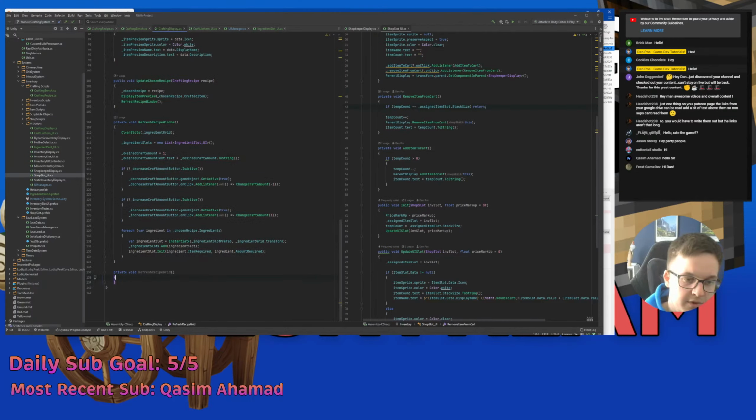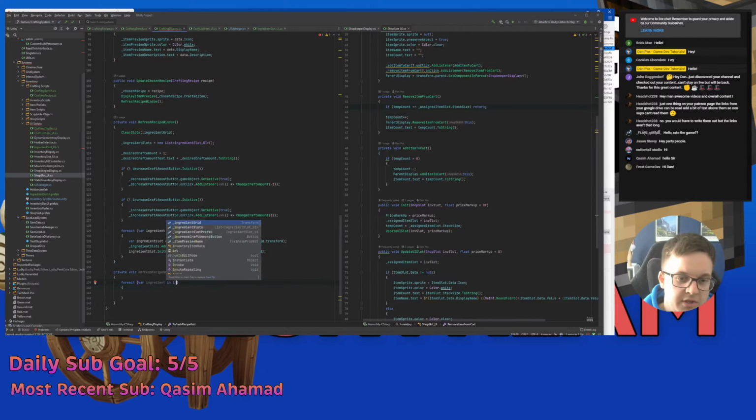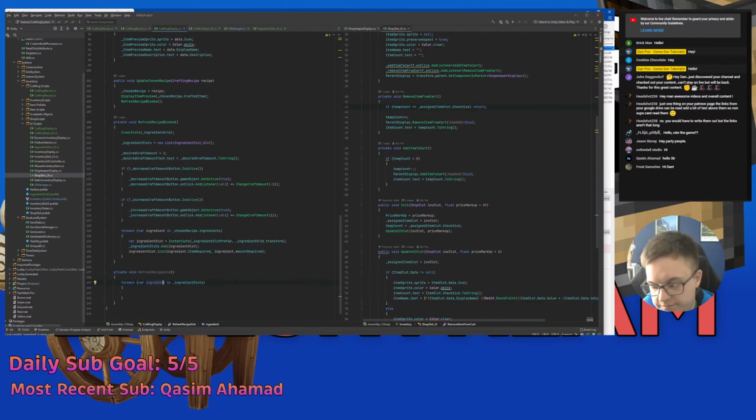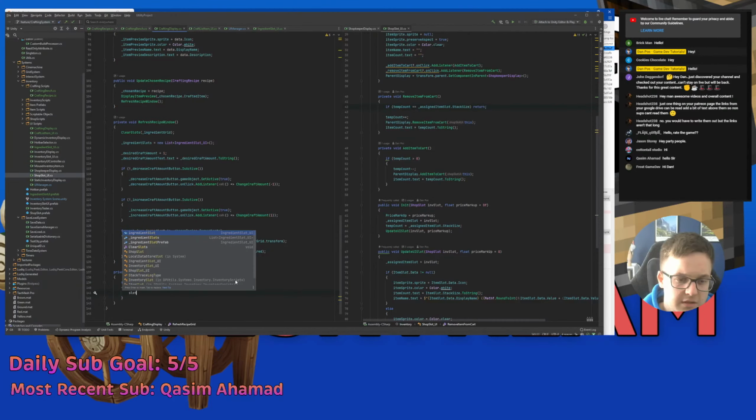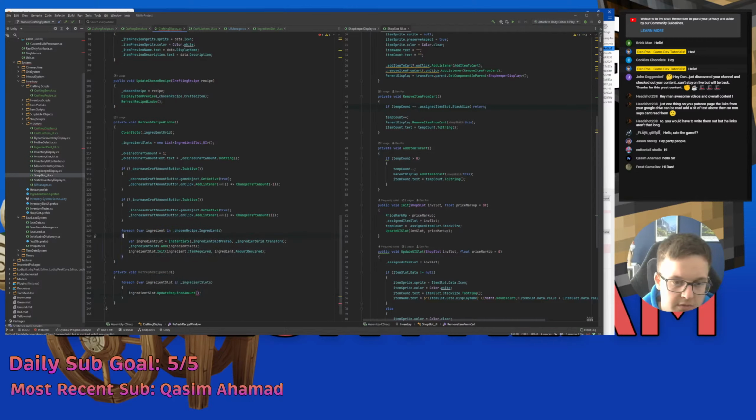So instead, what I want to do is I just want to do a for each loop. So for each ingredient in our ingredient slots, we can just say slot, ingredient slot dot update required amount and set that equal to